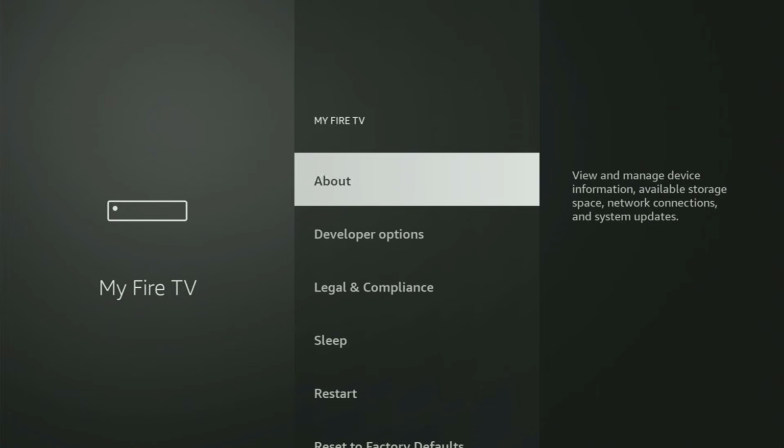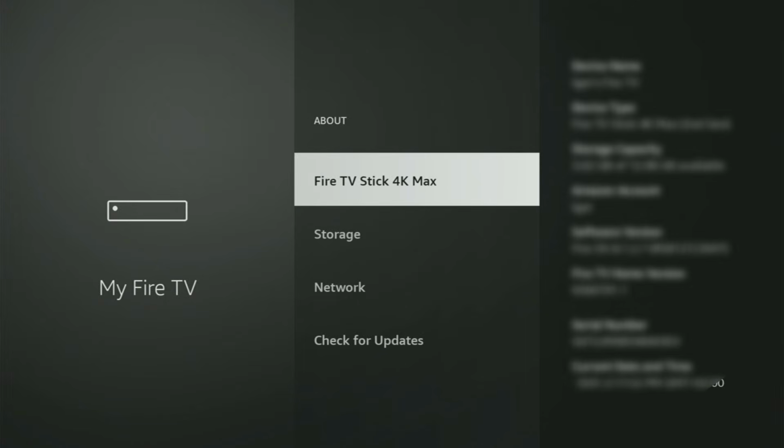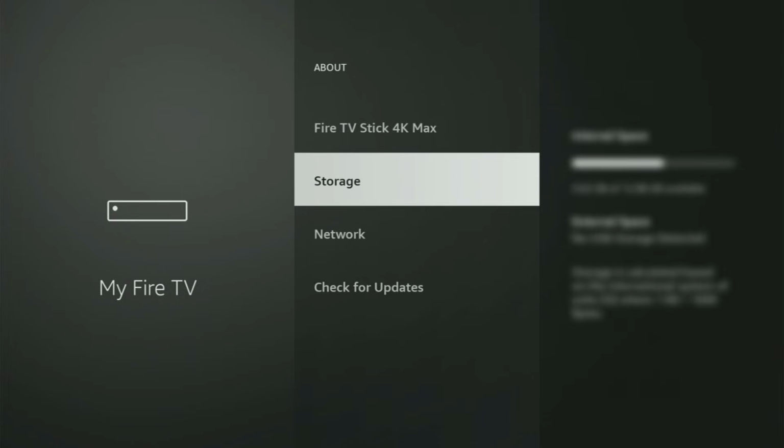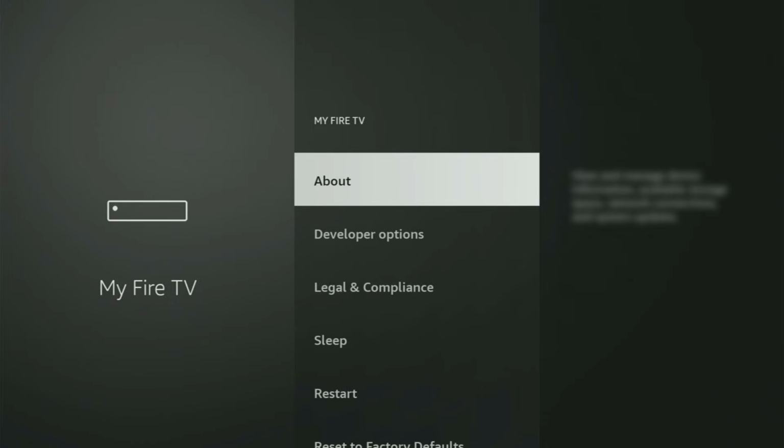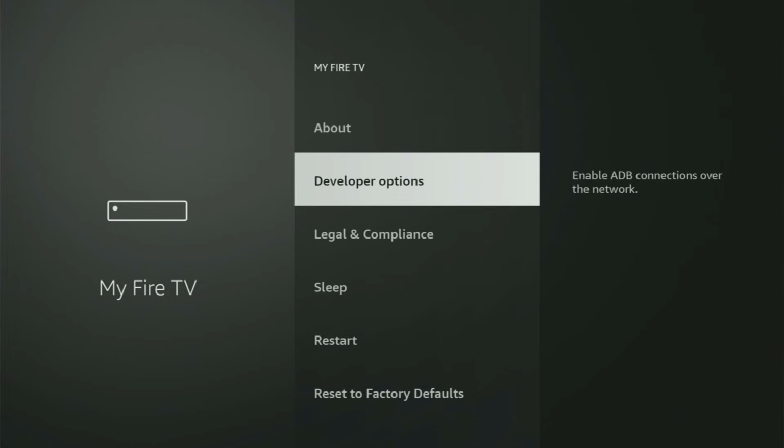You just have to click on About, select Fire TV stick, and now you gotta start clicking on the middle button on your remote, and do it fast. So let's do it. And as you can see, now for me at the bottom, it says no need, you are already a developer. That is in my case. And in your case, it's going to say that you have become a developer now. So when you go back a bit, you will finally see developer options, which now have popped out for us